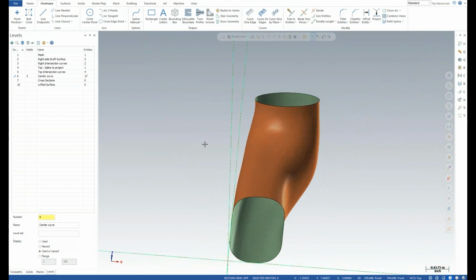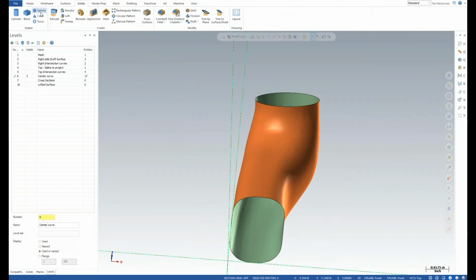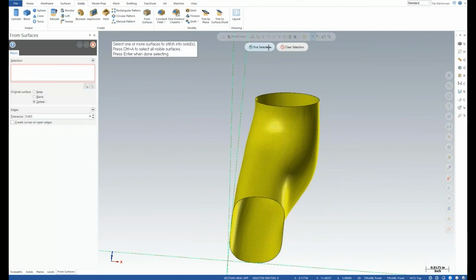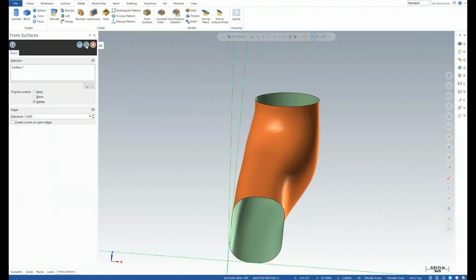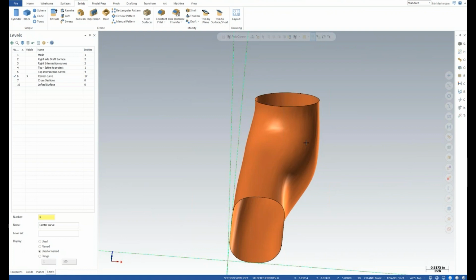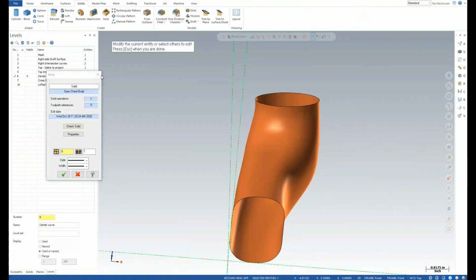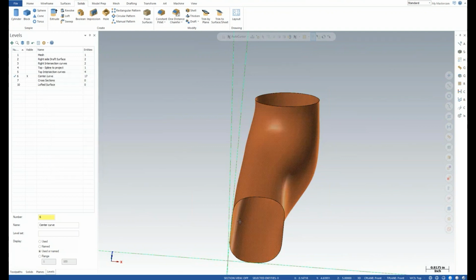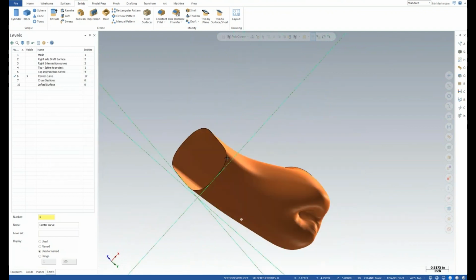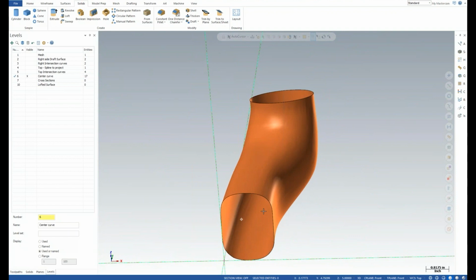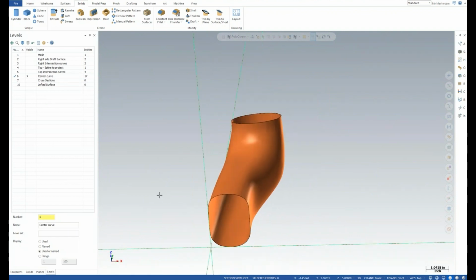Well, I could convert this to a sheet body now. I shouldn't do this live, but what the heck, right? We're all friends. So now that's a sheet body. If the topology supports it, you could thicken that and make that a closed solid body.